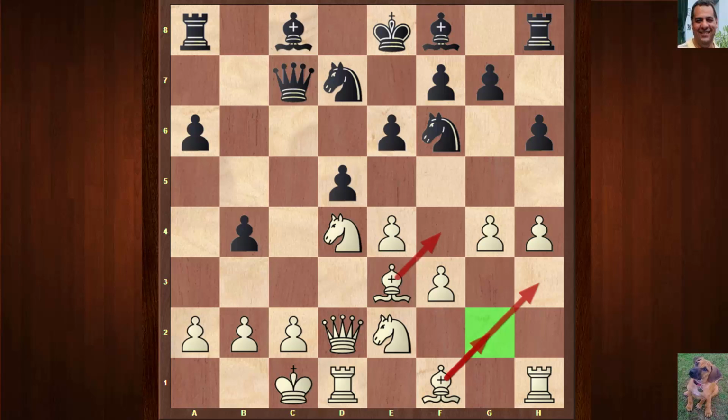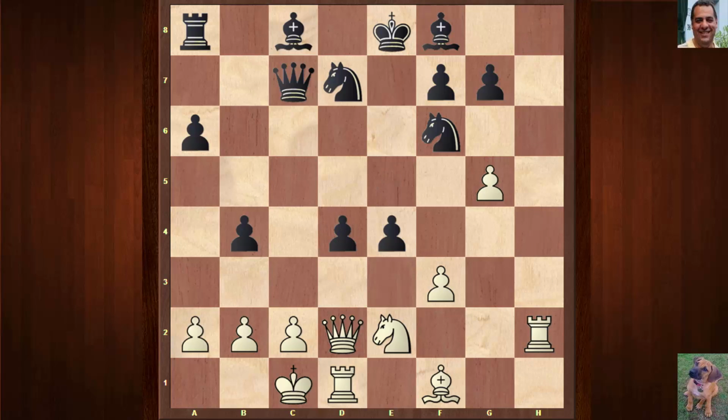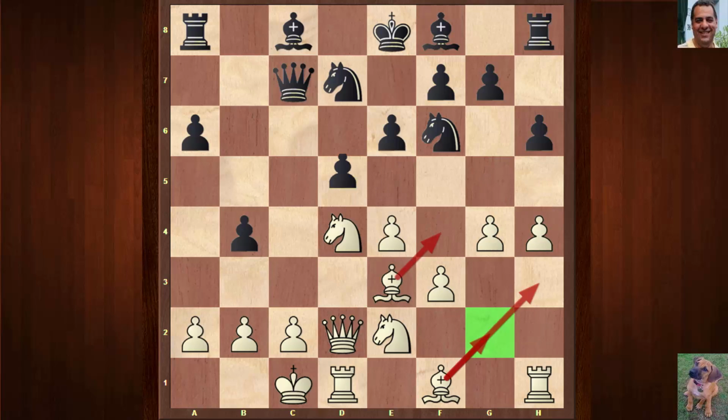Just for those theoretically interested, so say bishop f4, we have this continuation. It gets a bit hair-raising. There's even 14 games from here. It gets a bit crazy. But anyway, so in Wei Yi's continuation, he plays here, e takes d5, which initially when I was playing through the game I thought was a bit counterintuitive, because